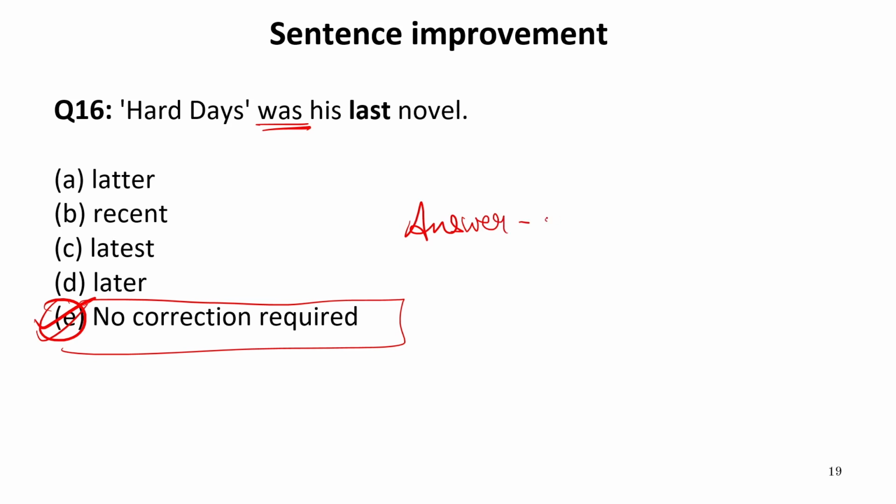Now you must be thinking that can't we write latest? Latest means the recent one, or you can say the fresh one or the newest one. But here it is written was. Was predicts that the time is of past. Now it cannot happen again. And it is not asked in the present tense only. That is why last is suitable word. It should not be replaced with latest. Latest is used only when the new things and when the updated or when the fresh things have been talked about. So our answer is E.